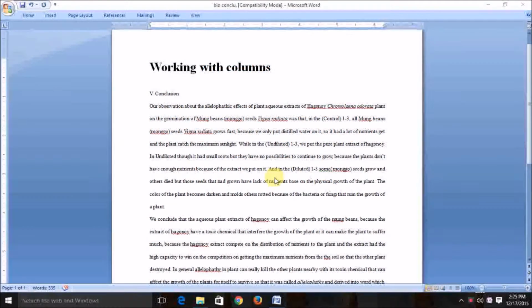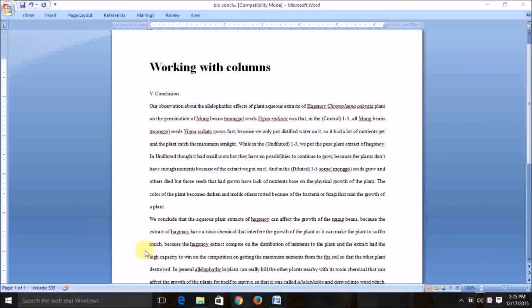Everyone, I am Glycel Iviliana and we are going to learn about columns. Columns are used in many types of documents and they are most commonly used in newspapers, magazines, academic journals, and newsletters. You will learn in this lesson how to insert columns into a document and create column breaks.